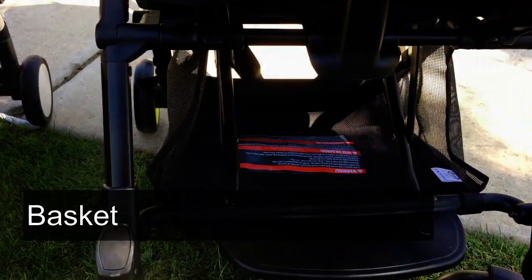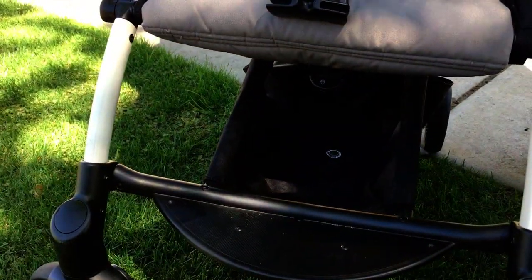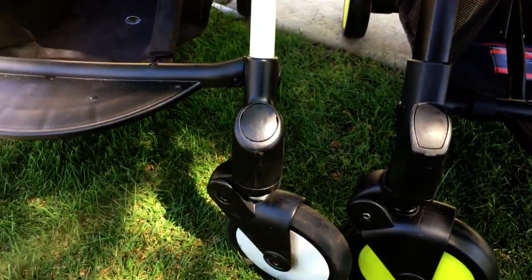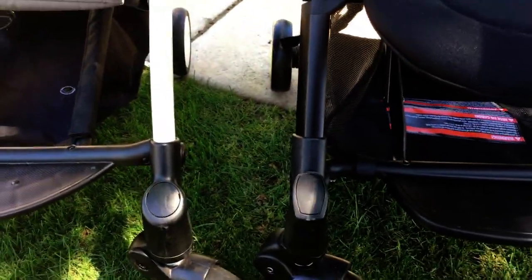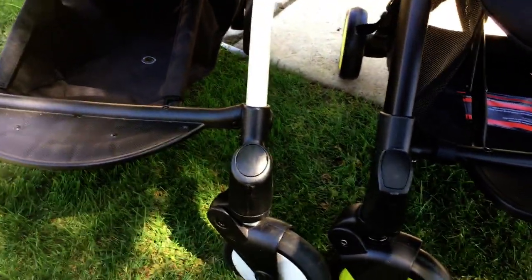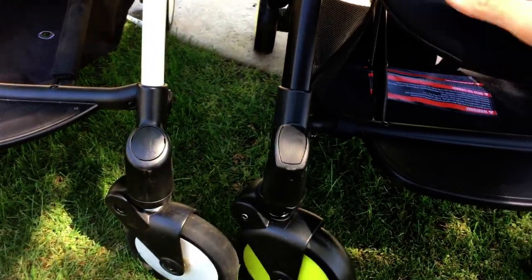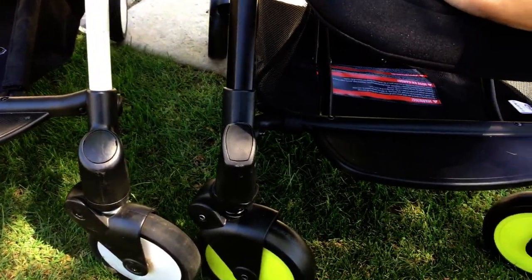In terms of the basket size, the Pali looks a little bit bigger and wider than the Yoyo basket. The wheels on the Pali are a little bit bigger than the wheels on the Yoyo, but I find that the Yoyo drives a little bit better than the Pali, especially with some weight in the stroller. I drive the Yoyo all the time over all sorts of terrains with one hand. The Pali does get a little heavy, a little bit harder to steer with one hand when I put